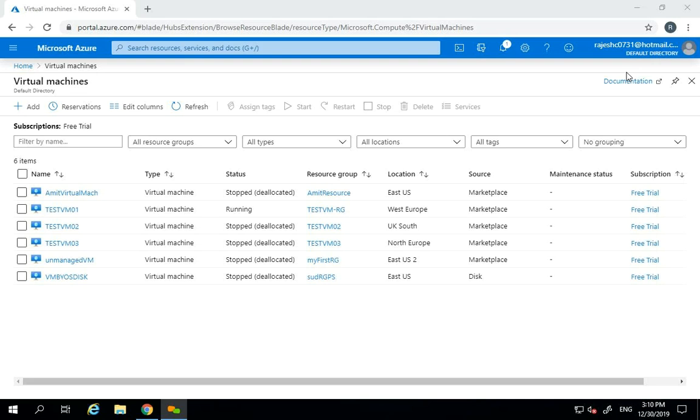Okay, so the next component is PaaS, which is platform as a service. The complete platform Microsoft will provide to the customer, and the customer manages only the application or only the database. The best example of a PaaS component is SQL database, which is Azure SQL database, or Azure SQL data warehouse, analysis services. So today we'll discuss the PaaS component, and also we missed one concept in IaaS, which is backup